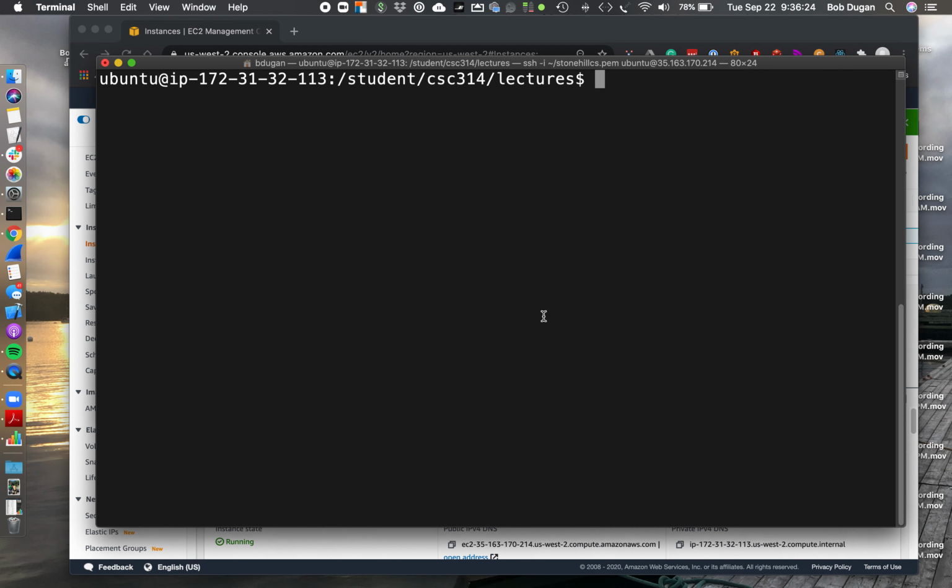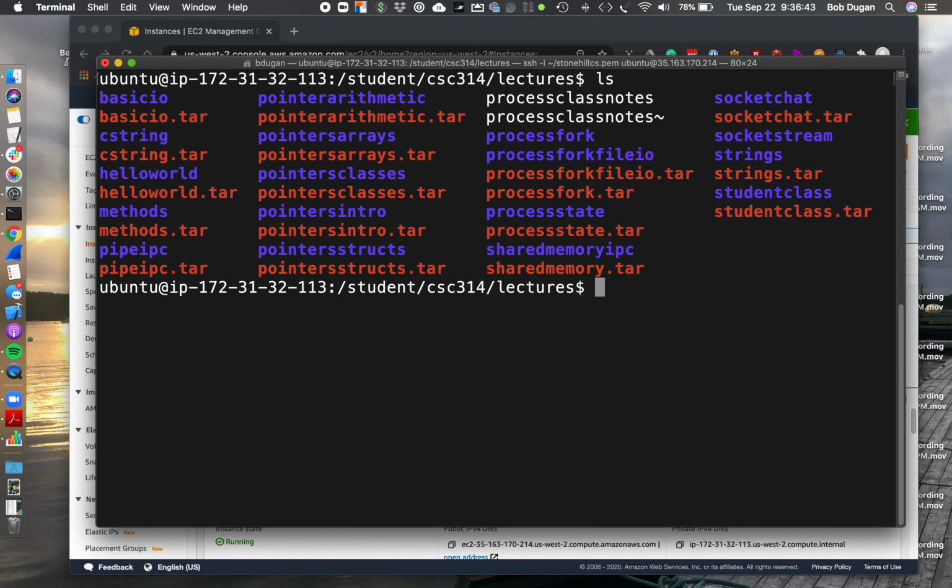Okay, so when we last left off, we were exploring how to use C++ and sockets as an inter-process communication mechanism. And what we did is we wrote a chat program so that we could send messages back and forth. So I think what I'd like to do is get us ready for the next piece of work. I created a directory called sockstream, and I'm going to copy the contents of sock chat